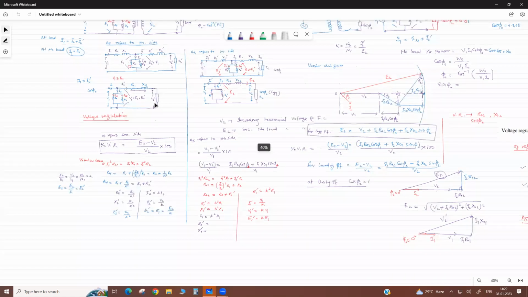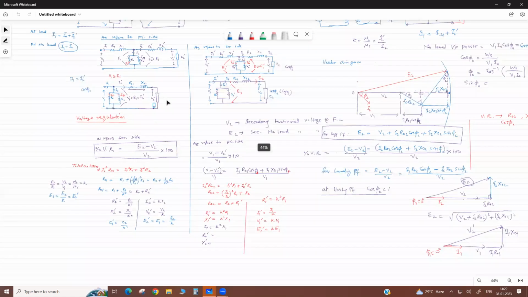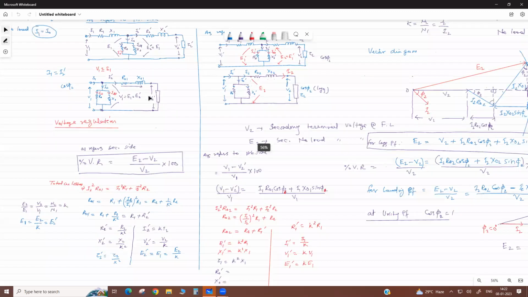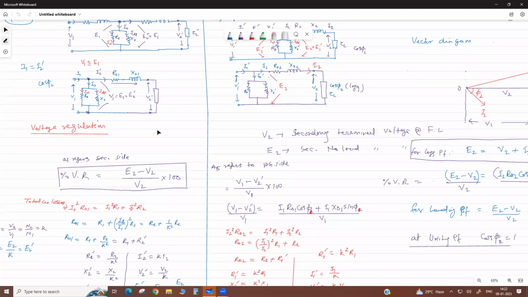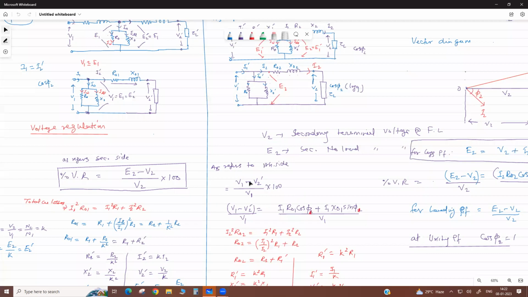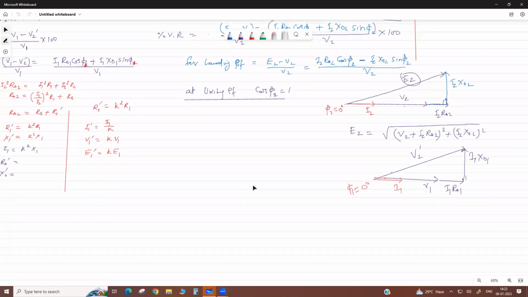Hello. This is the equivalent circuit as referred to secondary side. So actually here we made this circuit with respect to, as referred to primary side. Then this vector diagram will be